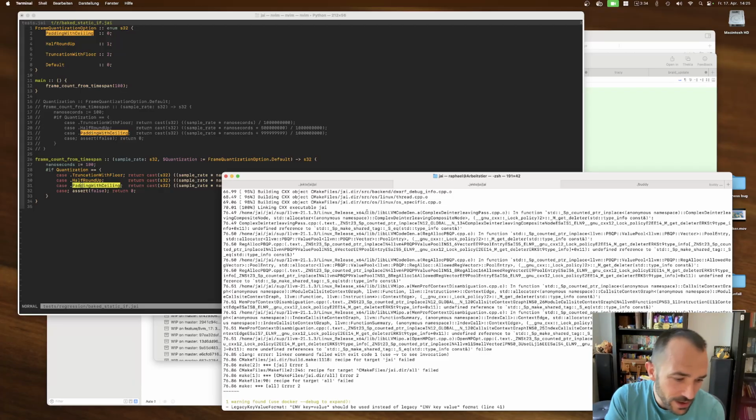Imagine you try to use containers to have a stable build environment. Imagine you're using on Windows the, what's the crap called, Windows Subsystem for Linux, and you use the Ubuntu 18.04 container on Windows Subsystem for Linux to build Jai for Linux.